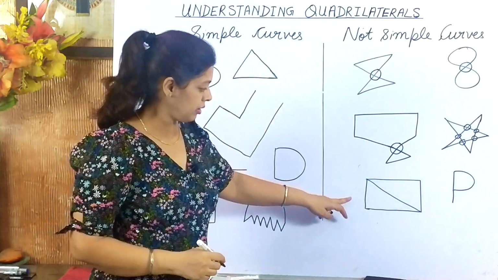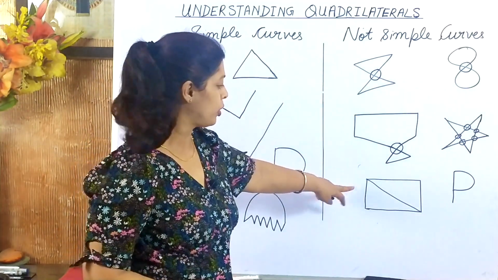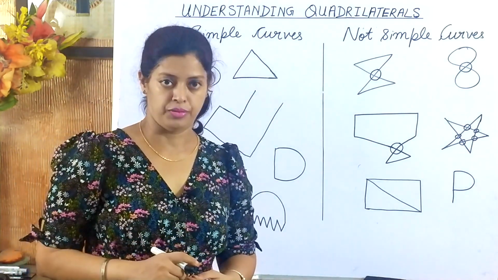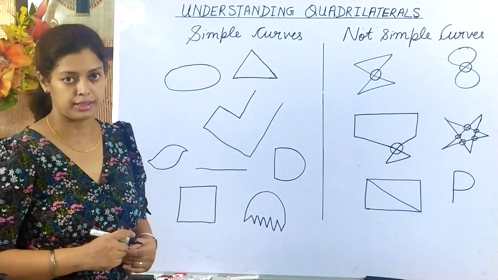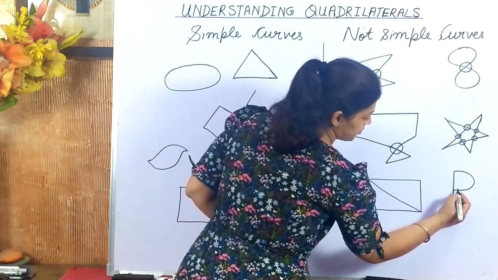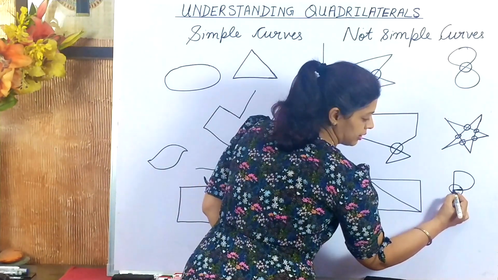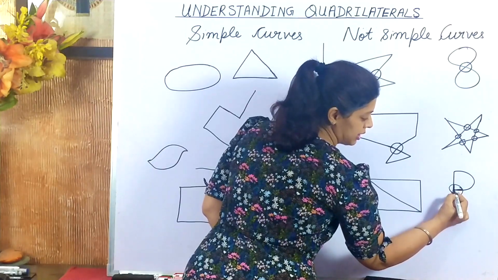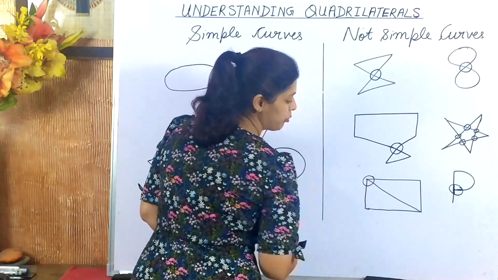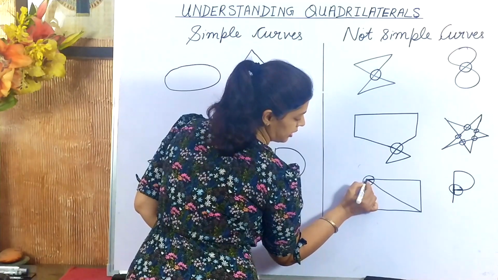Now you all will say, these two figures are not crossing themselves. So why these curves cannot be called simple curves? The reason is, if at any point in the curve we can move in 3 directions, then again that curve is not a simple curve. So if you see at this point in this curve, we can move in 3 directions. One is this, if I take this point, one is upwards and one is downwards. And in this curve also, if I take this point, I can move in 3 directions from this point. One is this, one is in this direction, and the third is this direction.